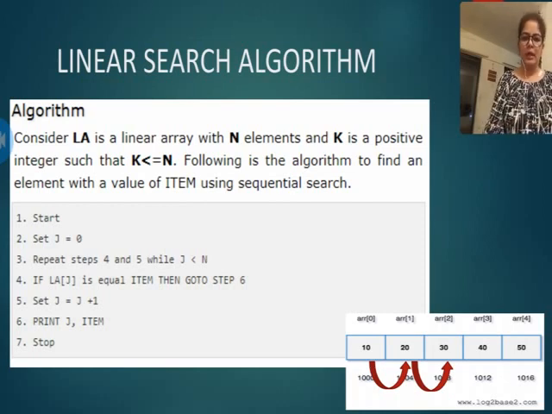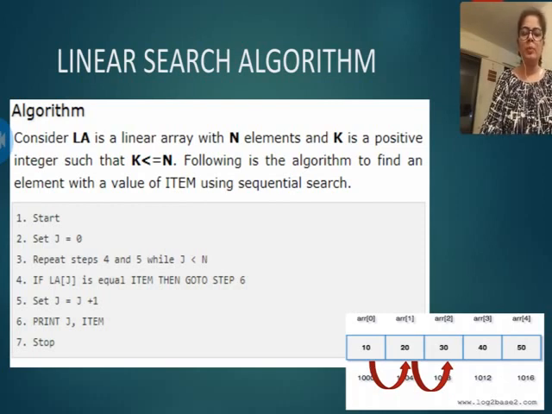Now I will explain again by taking an example. Suppose we have 5 elements in the array: 10, 20, 30, 40, 50. I will set the pointer to the first element whose index number is 0. So step 1, start the process. Step 2, set j equals to 0. I have set the pointer to index 0 and the element at index 0 is 10.